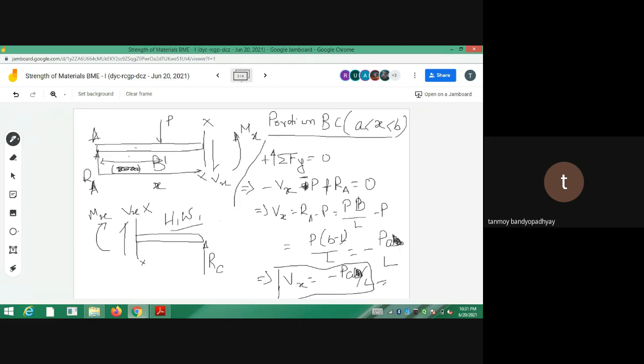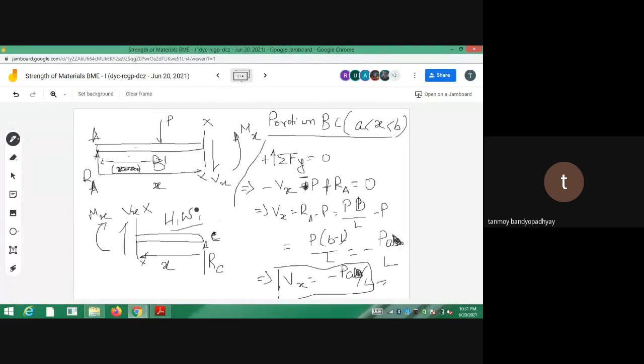ঠিক আছে? হ্যাঁ বলো। স্যার বলছি আপনি এক্স ডিস্টেন্সটা এ পয়েন্ট থেকে নিয়েছেন স্যার, আমি যদি মানে বি পয়েন্ট থেকে নিই তাহলে তো এই কেসে সেটাই নিতে হবে। এই কেসে you have to take it from this side. So x will be from this side, correct? So whenever you are taking this, x will be from this side. X is a variable which will just be changing actually. X এর সাথে কোনো সম্পর্ক নেই। So whenever you are considering from the right side, you take an element at a distance small x from the right side, but the sign convention, you have to maintain these directions of mx and vx. So if I invert them, so if I make vx downward করে দিই, so actually the element won't be balanced at all.